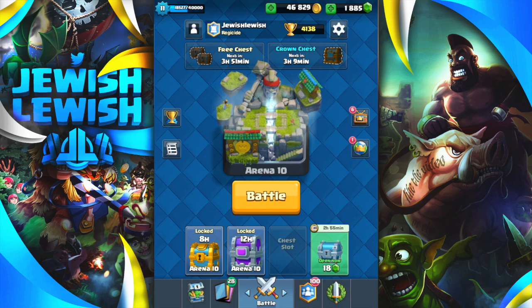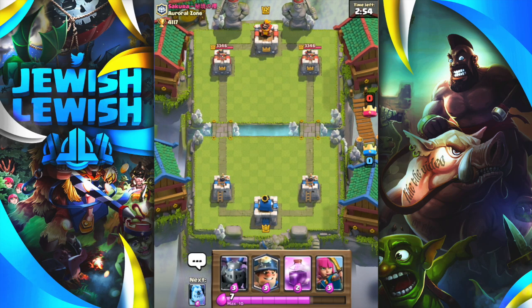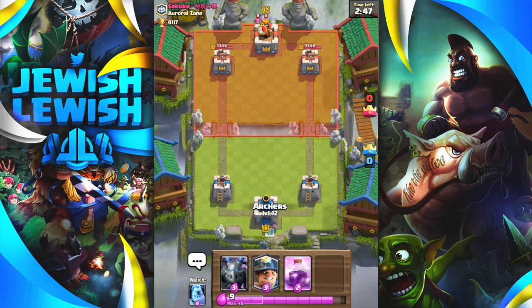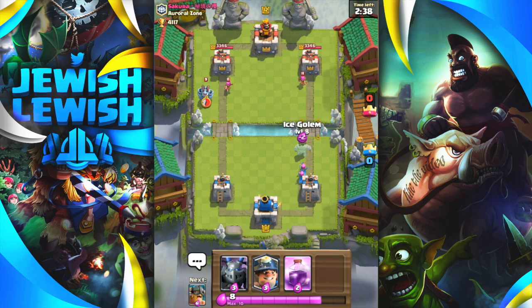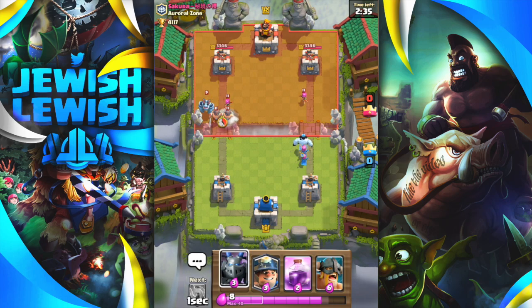But without further ado, let's go ahead and jump into the very first battle with our brand new and improved level 12 Elite Barbarians. Here is our first victim of the level 12 Elite Barbarians, but this guy himself is a level 12, so he's probably gonna have a bunch of level 12 cards of his own. I only have the level 12 Elite Barbarian so far, besides my Archers, and his Archers are actually only level 11, so maybe this guy's card levels aren't too high, but he is going to go ahead and drop down